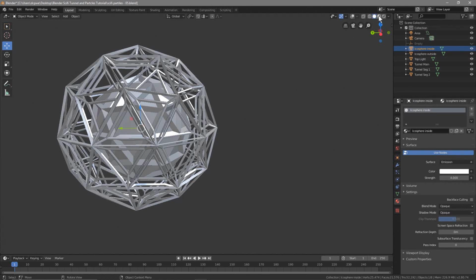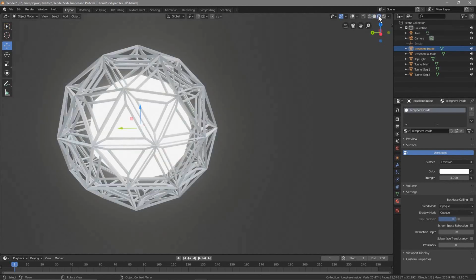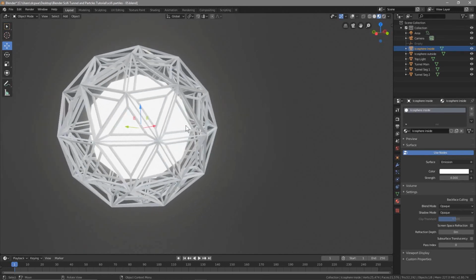Let's set it to 4, and let's go to our look dev view here. We can see this sphere now being illuminated, right? Really, let's try and bring that down a bit. This is kind of optional whether you make it an emission shader or not. Really, if it was an emission shader, we didn't need to do those